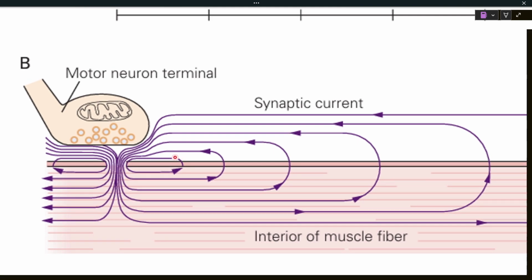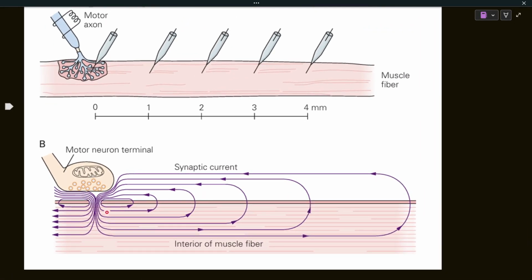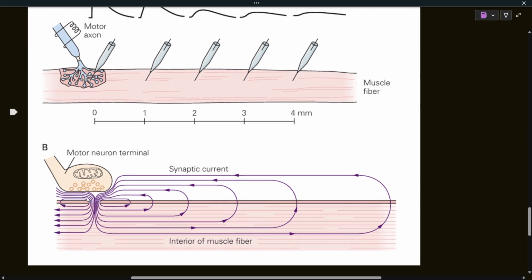So this is how the current is flowing inward, and it travels over a certain distance, and then it leaks through and creates an electrical circuit. So this is how it is traveling over the distances. The current is inward. As the distance increases, the current flow also decreases, because the current is leaking here. That is why the current eventually dies over long distances,